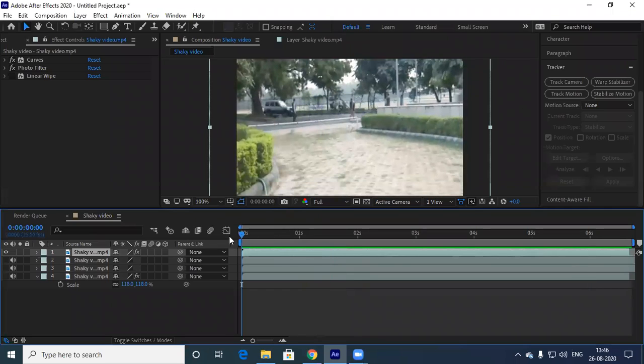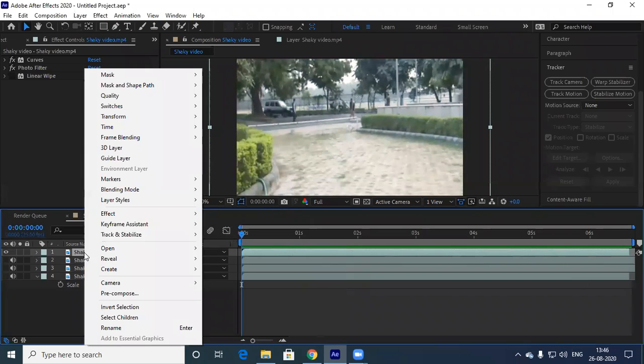Okay, well, let's do one thing. Let me do a tracking for this particular video. Let me place some other element somewhere here. So what I'll do, go for track camera. Let me do 3D camera tracking. I have shown warp stabilizer as well today. You can just go through the video, you'll understand. Let me go to track camera.